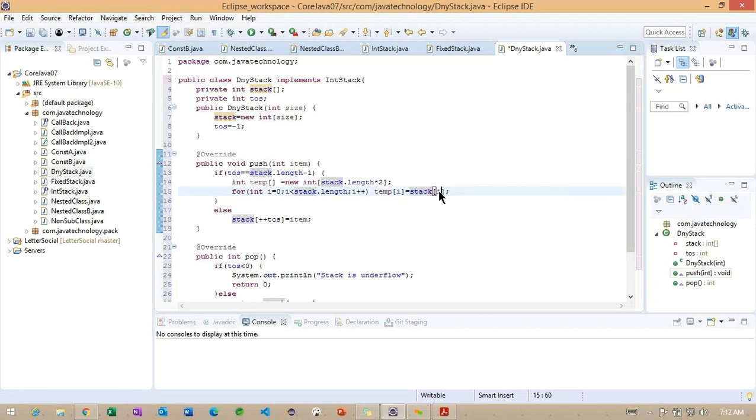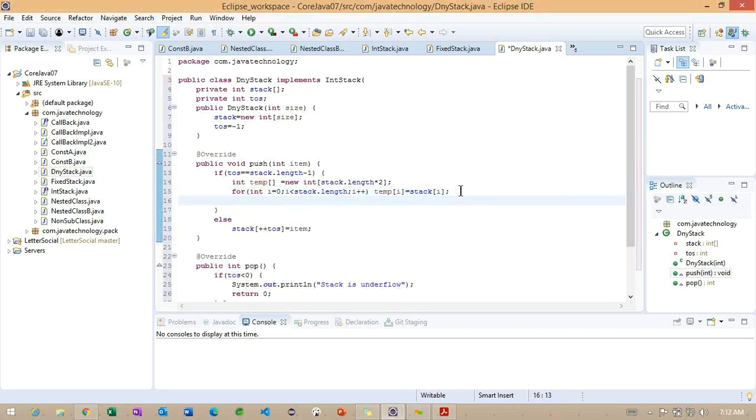At this index location, whatever value we have in the old stack, the same value we store into the temp. After executing this loop, I assign the temp values to the stack.